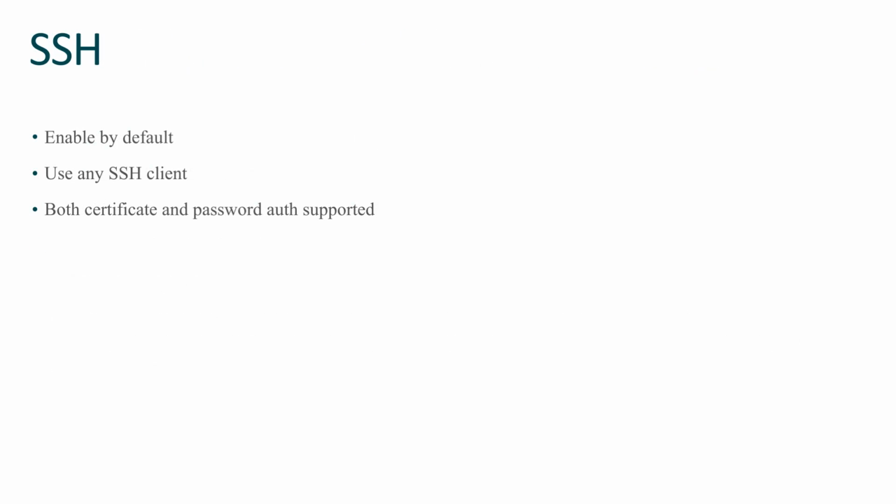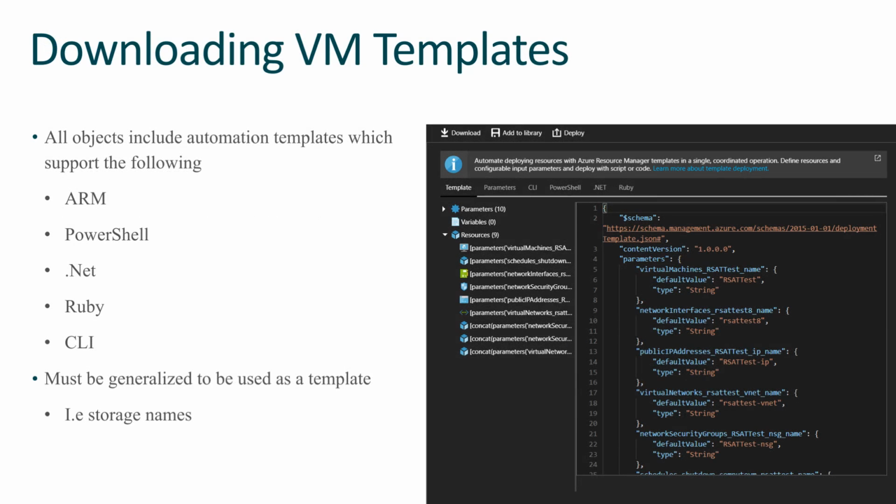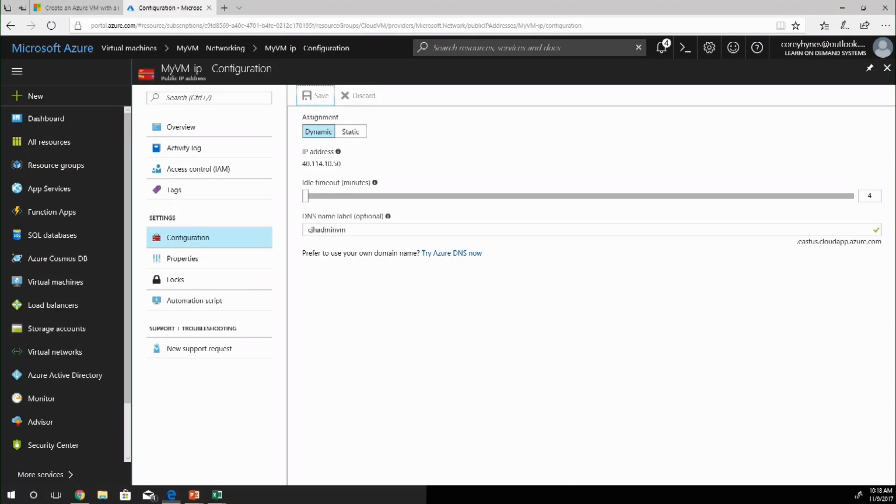For SSH, for Linux VMs, it's enabled by default, and any SSH client works. You can do either password or certificate authentication; you configure this at the time you deploy the Linux virtual machine. And then finally, any VM or really any object in Azure that you have deployed, you can extract the ARM template information, which we talked about in one of the earlier courses. For example, the VM that I've got up there right now,